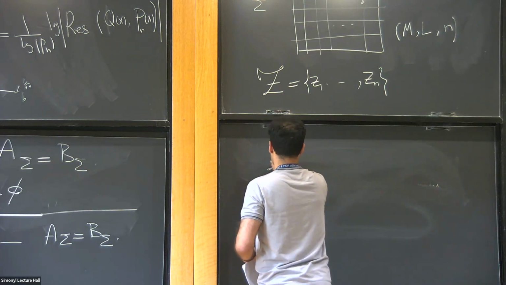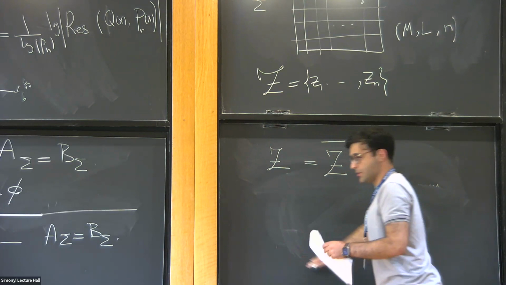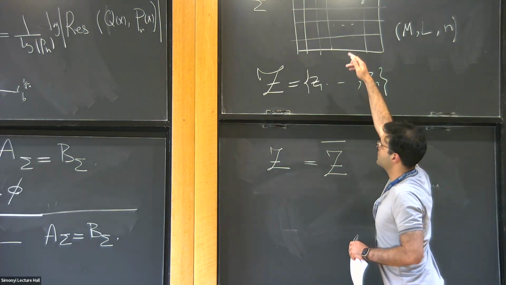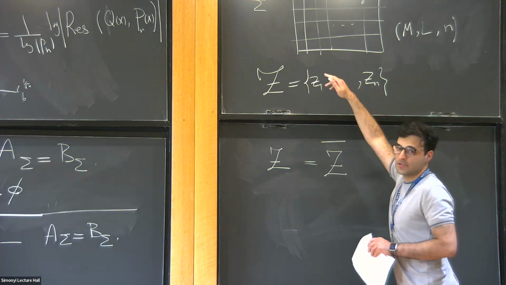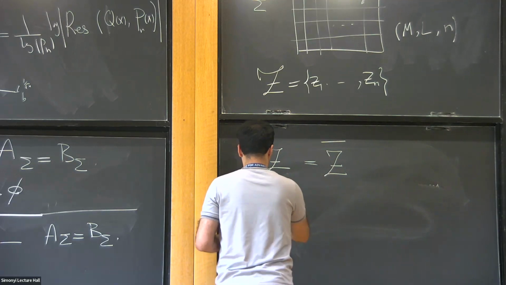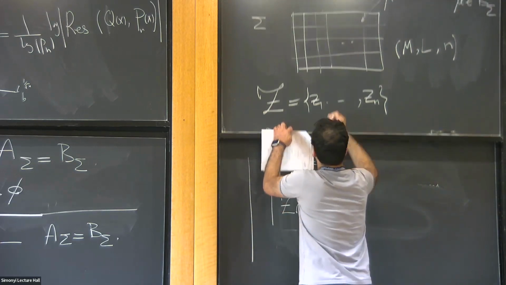So Z has to be symmetric by complex conjugation. So it could be all real, but if it's complex non-real, the conjugate has to be inside Z. And then the second condition is that you count points inside each of these